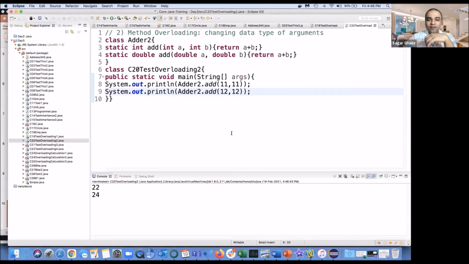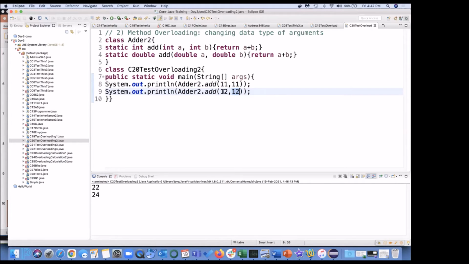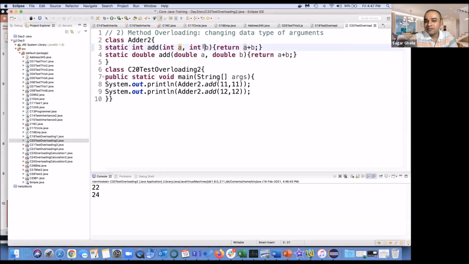So why is it not 24.0? Because here you were thinking that I have removed the decimal part, but in your mind it is still float. For the compiler, there is no indication that the value you are passing is float. So what does the compiler think? The compiler thinks the data type of this is integer, which means it is going to call this add.